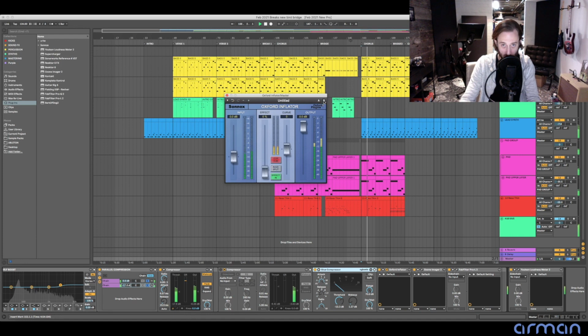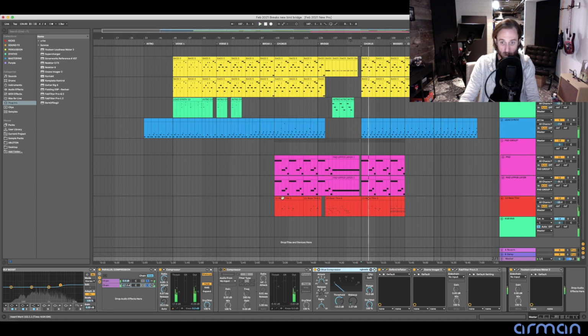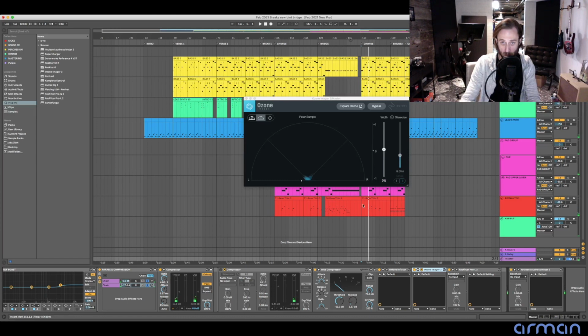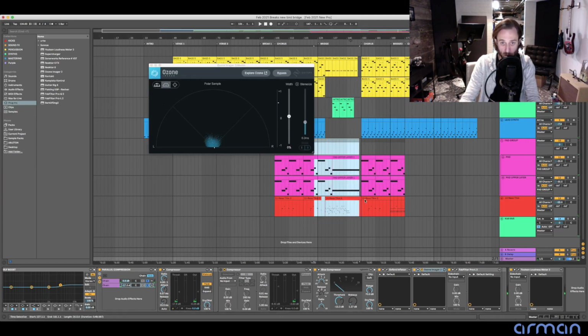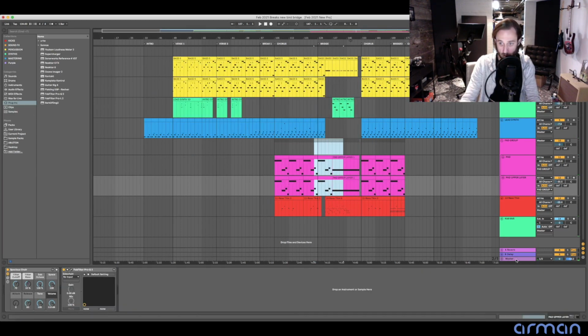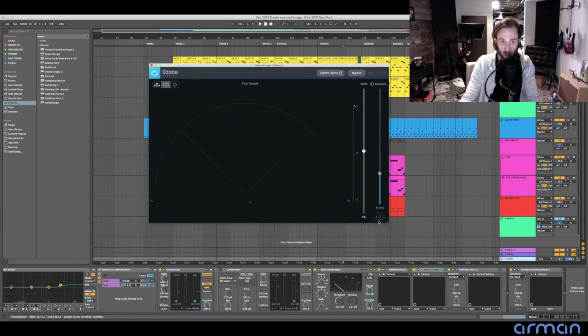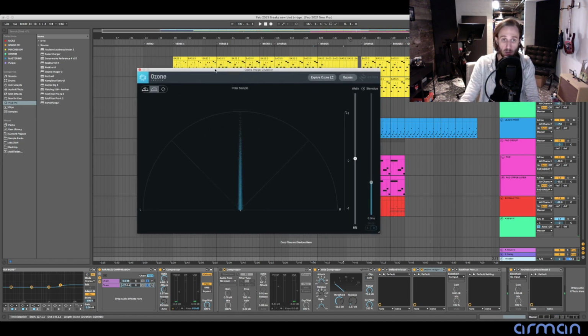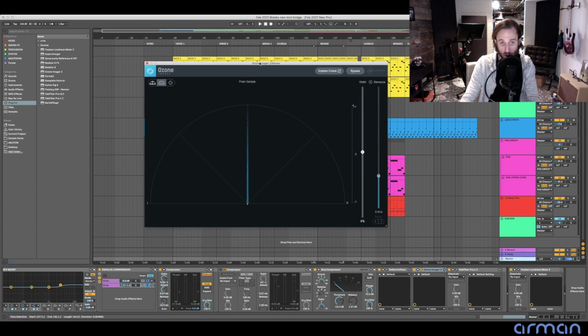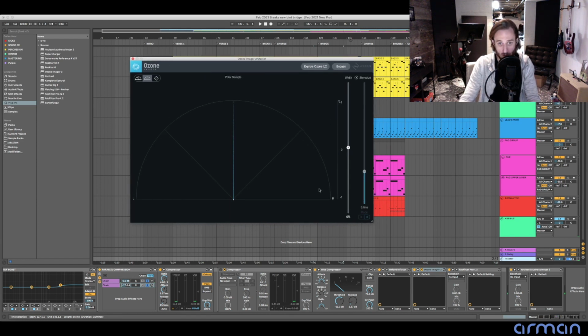Again, it's quite subtle, but when you start adding all these things up together, that's when you can start to notice improvements in your mastering chain. So here is the Ozone Imager. This one is free. It's a free plugin, and what I'm doing with this is making sure that the highs are spread out enough